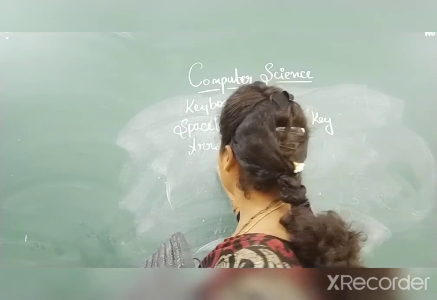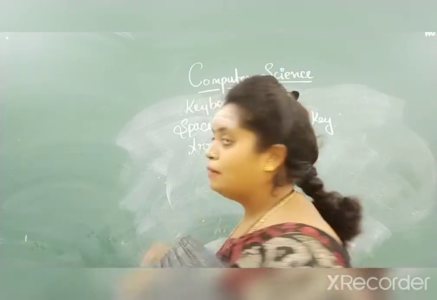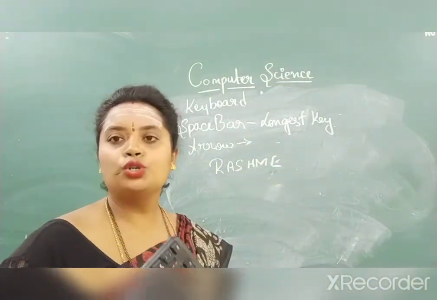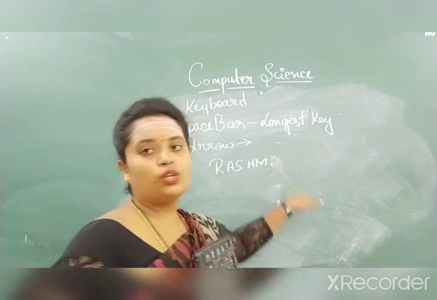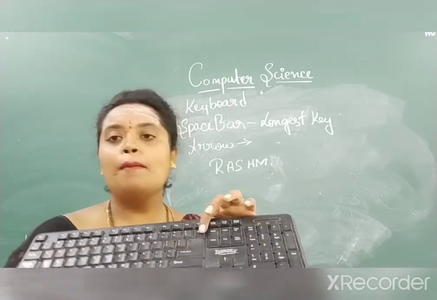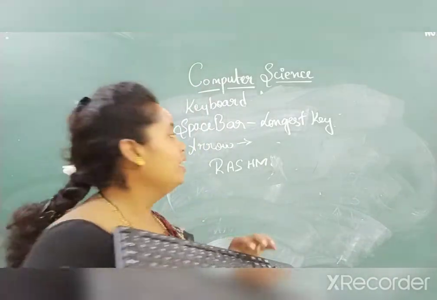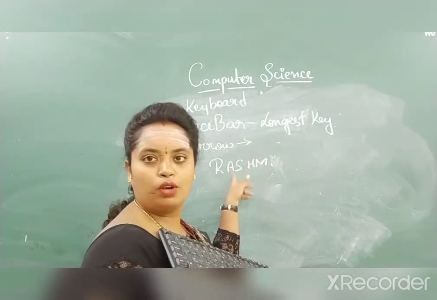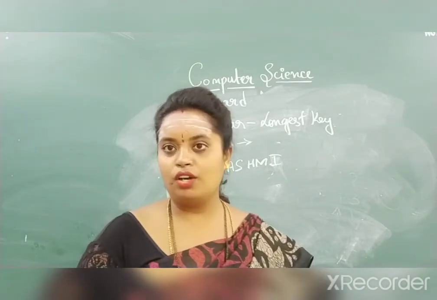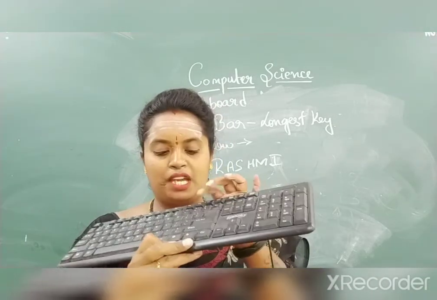While writing, what do you do if I make a mistake, M-I? What do you do while you are writing in the book? You use an eraser, you erase it and you write I. But here in the system also you can do it, with the help of the backspace key. You can erase a character or more letters and replace them using any alphabet or number you want. Understood? That's the use of the backspace key.